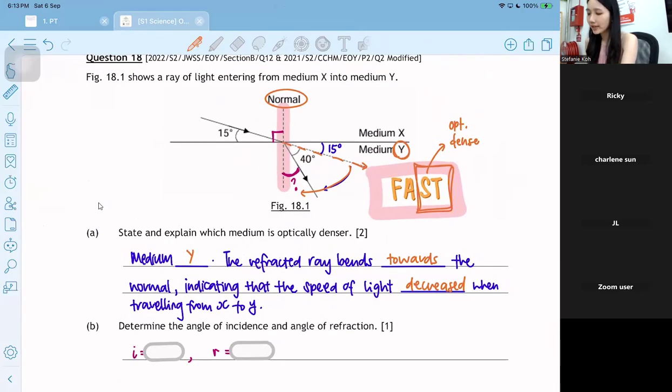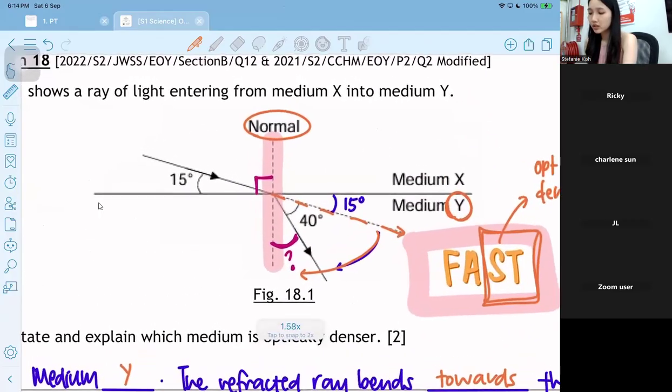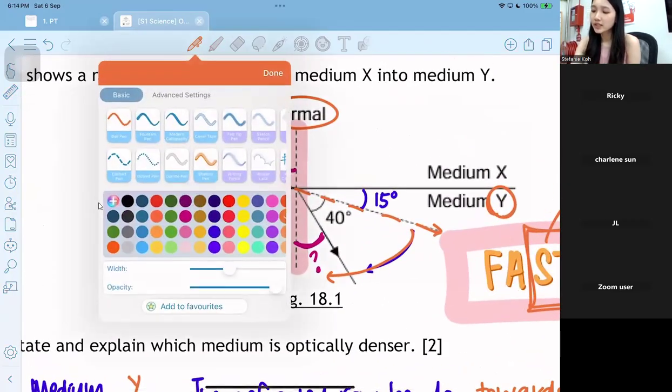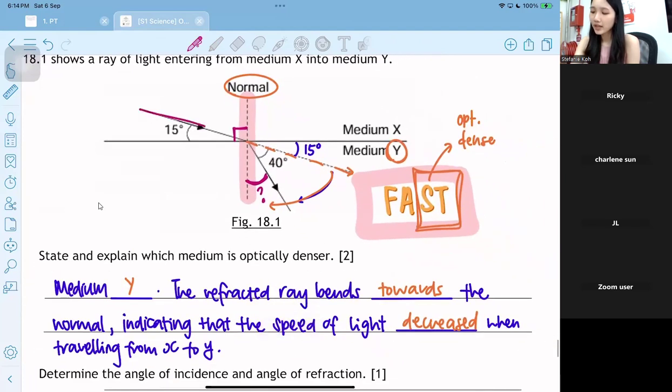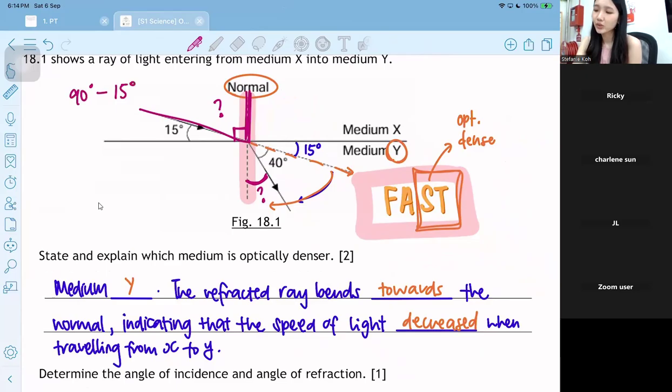I want to look at angle of incidence and refraction. Angle of incidence is always between the ray and the normal. So I want to find this. And you know that the normal is always 90 degrees to the mirror. 90 minus 15, you get angle of incidence. Okay, 75 degrees. And then,